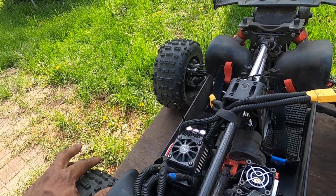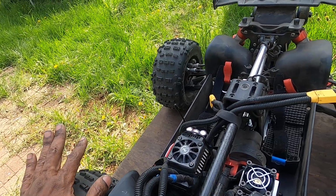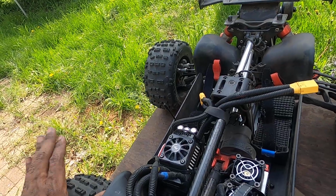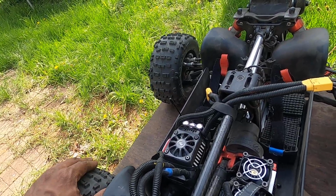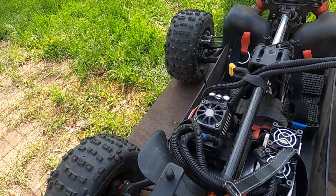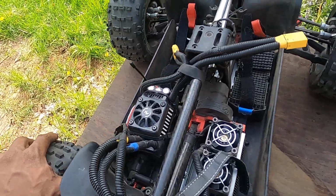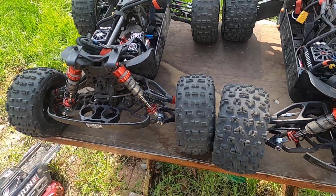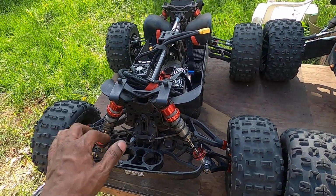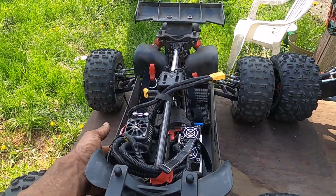And it's kind of sorry because when I drive this truck and don't jump it, it's like, holy shit, this is one of the best driving big ass trucks I have. But as soon as I jump it, it's like nightmare mode. Okay, so if you want to jump a truck, get the EXB and you can go to town. But if you got an Outcast, change that goddamn chassis that it comes with to something a little bit more suitable to run an